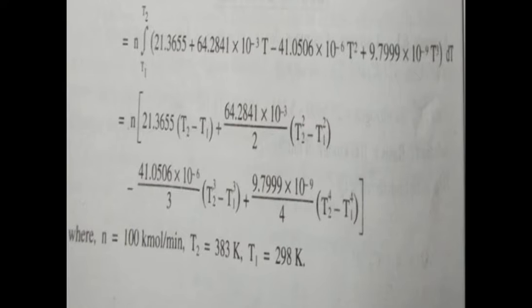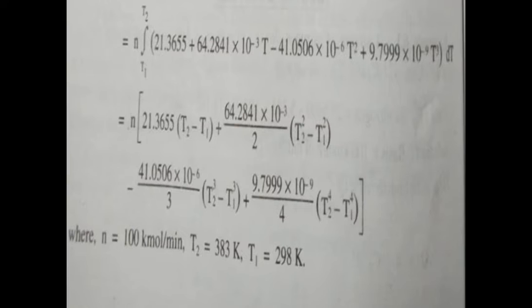C value is minus 41.0506 into 10 to the power of minus 6 t square. D value is plus 9.7999 into 10 to the power of minus 9 t cube. Are you clear or not? Okay. So after that, integrate this equation with respect to t. Substitute the limit t1 to t2. So n into the first term